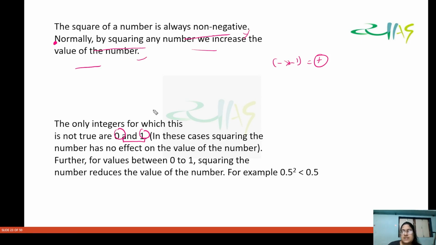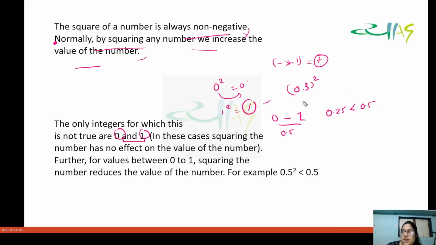Okay, so for example अगर आप 0 का स्क्वायर करें तो आपको 0 मिलेगा, तो वो बढ़ा नहीं। आप 1 का स्क्वायर करेंगे तो 1 ही मिलेगा और वो भी बढ़ा नहीं। एंड अगर आप स्क्वायर करेंगे 0 से बीच 1 के बीच किसी नंबर का, तो उसकी वैल्यू कम होगी। फॉर एग्जाम्पल आप 0.5 का स्क्वायर करेंगे तो वो क्या आ जाएगा, 0.25 आ जाएगा, एंड दैट इज लेस देन 0.5।